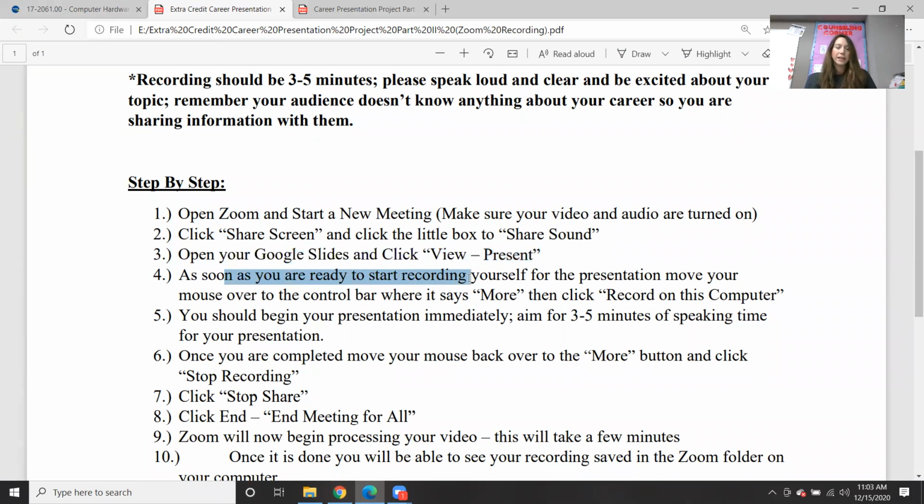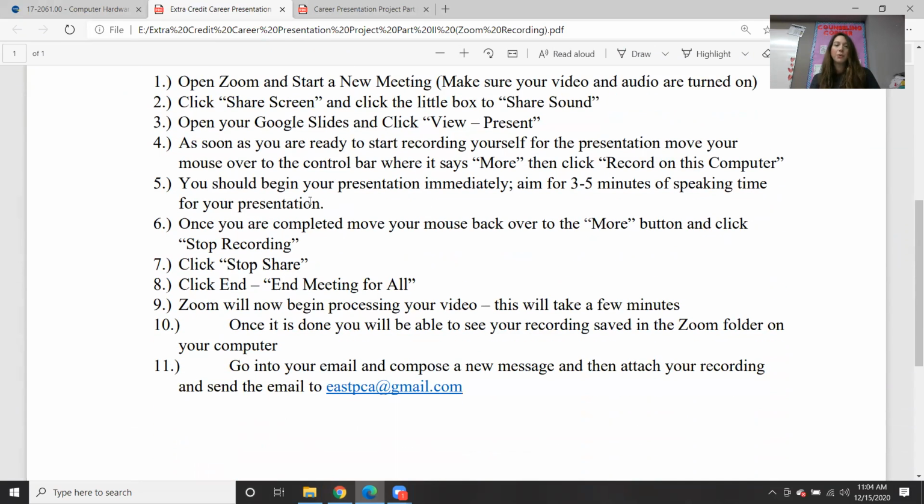As soon as you're ready to start recording, you have to move over to where it says more. I don't even know if I could show you guys, but on this little share screen button, there's a more, and you can click record on this computer. It will begin automatically recording. And then when you're done, you can click stop recording, stop share, end meeting for all, and then it will